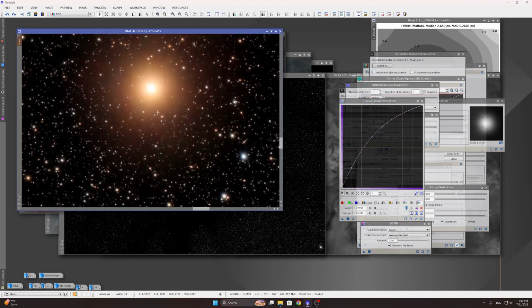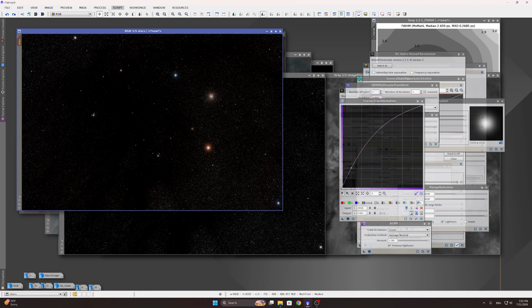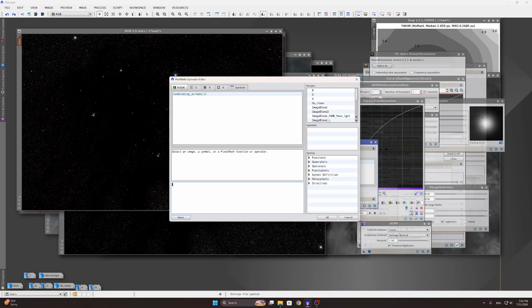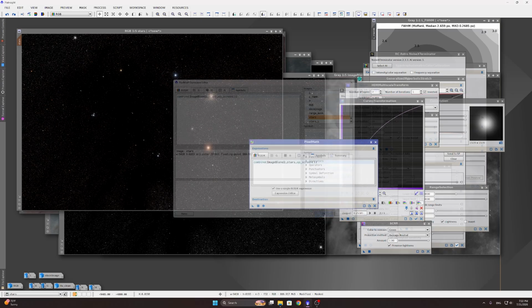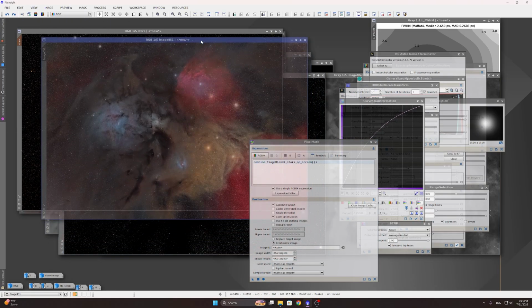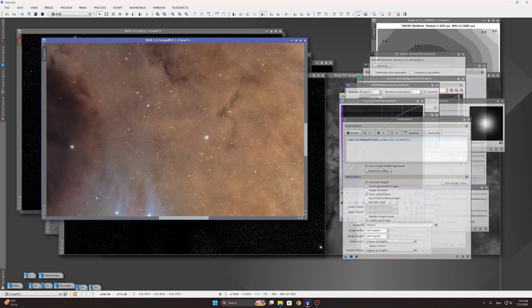But yeah, that looks good, and we're going to be combining the image with pixel math. So write combine op screen underscore screen and parentheses, and go to expression editor, and click on the image blend 2, which is the starless image that we want to merge in, combine, and double click stars and write comma and press OK. And for destination, we're going to be creating a new image, and press the square button, and now we have the